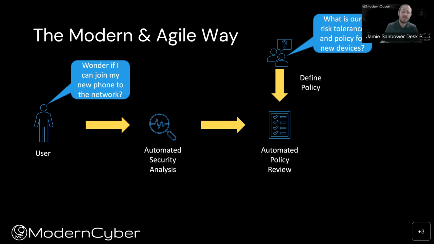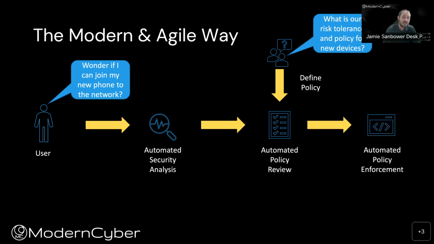So in this example, instead of the user having to open up a help desk ticket, the user generally just connects their device to the network. That device can be evaluated to make sure it meets the compliance needs and the risk minimization controls that are in place for automated security analysis. Fancy way of saying, let's make sure it doesn't have vulnerabilities. The patches are up to date. It has a firewall enabled on it. It's encrypted, et cetera, et cetera. So once that automated security analysis is done, by then evaluating against the corporate compliance or the overarching compliance rules, now I have a policy that then is automated in enforcement.